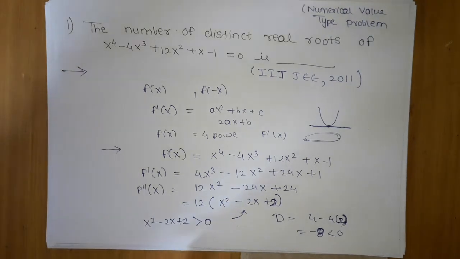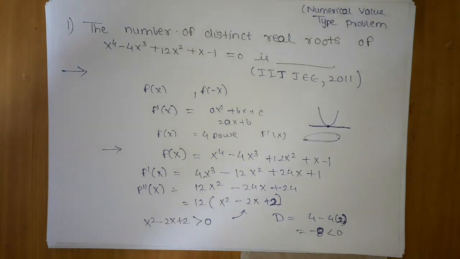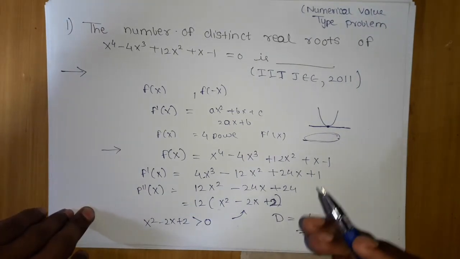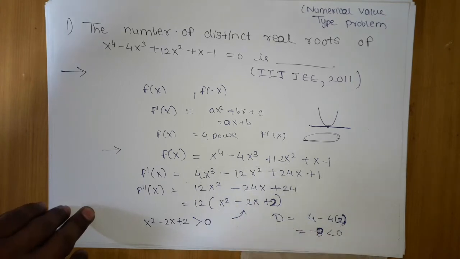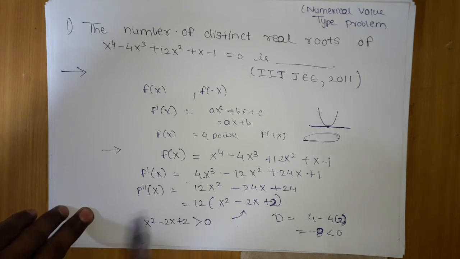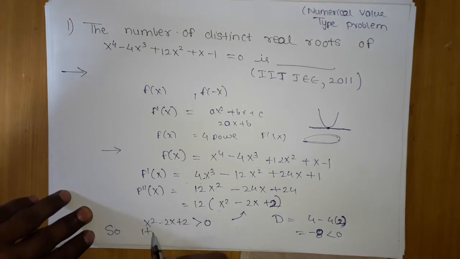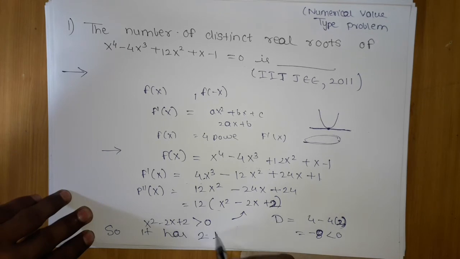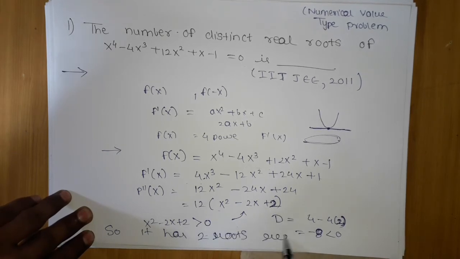So it means its two roots are complex, imaginary. So it has only two real distinct roots. That is what I was telling: you can do that thing to a cubic if you know one root. But in a quadratic, if you do double differentiation, you will come to know that if its two roots are imaginary, then you can predict that the rest of the equation will have two distinct roots. So the answer is, it has two roots, real and distinct.